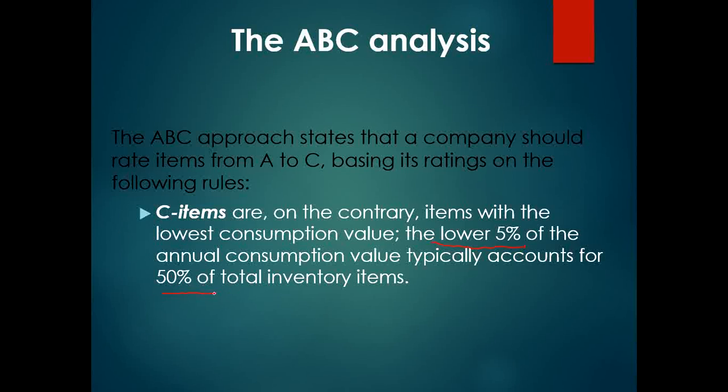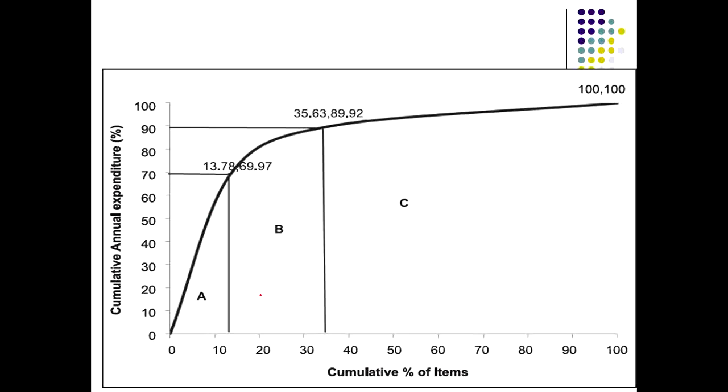Whereas how much is the total inventory items? C items, it is 50% of the total inventory items. So if I know this, then if I make a graph now, let's say a graph of cumulative percentage of items versus cumulative annual expenditure, then this graph will come, in which if I take A items,